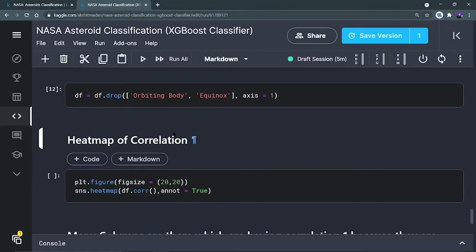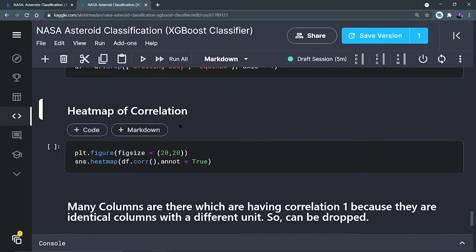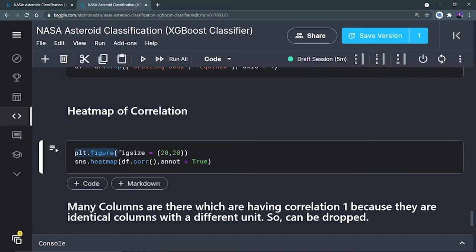Okay, now my data set is a little bit clean. Now let's see some more analysis. I'm going to draw a heat map of correlation. I want to find the correlation between every column because I think there are more columns which can be removed or which are not contributing anything, right? So I'm going to use plt.figure. This is going to draw a figure, and in this figure I'm going to draw a heat map. Inside this heat map, I'm going to draw the correlation graph, df.corr, which is going to find the relationship between every column and plot that. And annot is equal to True, that means annotation. It is going to print the correlation, right? So let's run this.